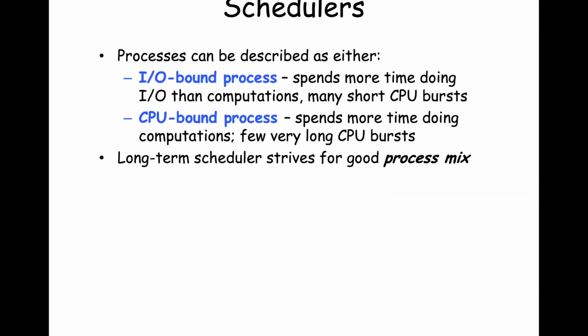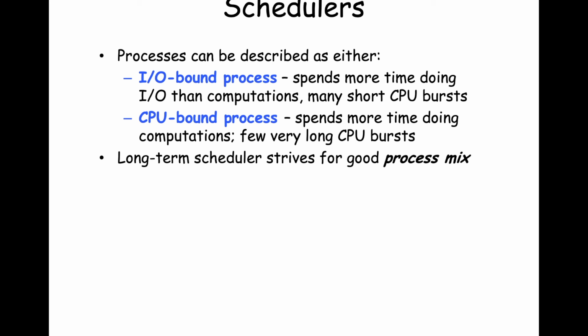Now, a process can be described as one of two different types of computations, and sometimes it's a mix. One is called an I/O-bound process, and these processes spend a lot of time doing input-output operations. So maybe you have a process that's always reading and writing to and from disk, like a database. You're going to read a lot from disk and write a lot to disk, but you're not going to spend a lot of time running arithmetic or floating point operations. They make heavy use of I/O, and as such, they're going to be waiting a lot, sitting in device queues, spending most of their time in device queues.